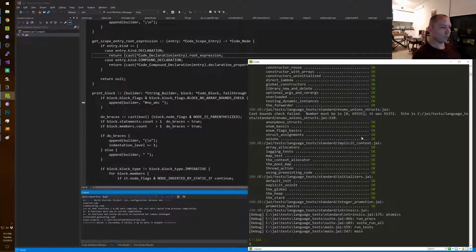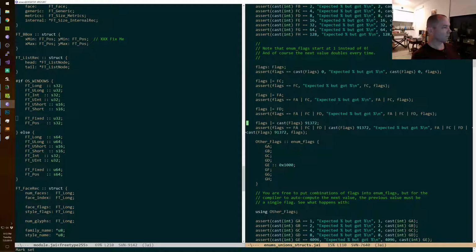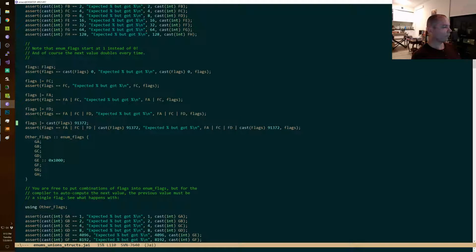All right, well, enum union structs line 110. Oh, this is just a dumb thing that we're doing just to do it.